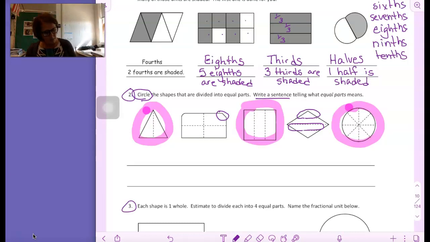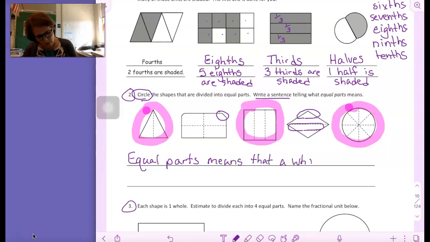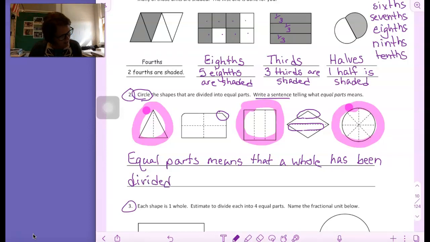So what does equal parts mean? Well, let's start our sentence with equal parts means that a whole, so one whole, has been divided into pieces